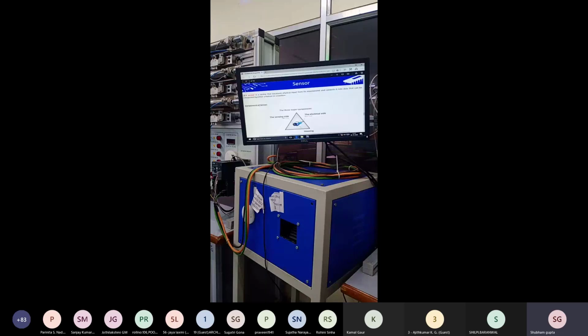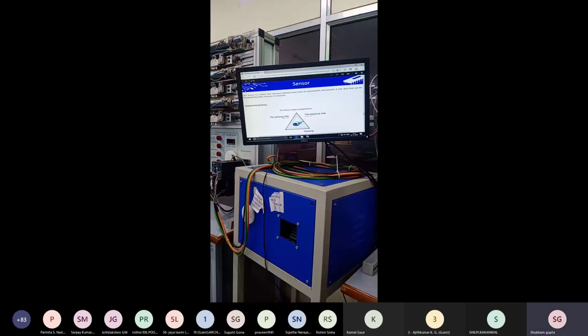A sensor is a device that measures a physical input from its environment. It takes physical input from the environment and converts it into data which can be interpreted by a human or a machine. That signal may be electrical or analog.